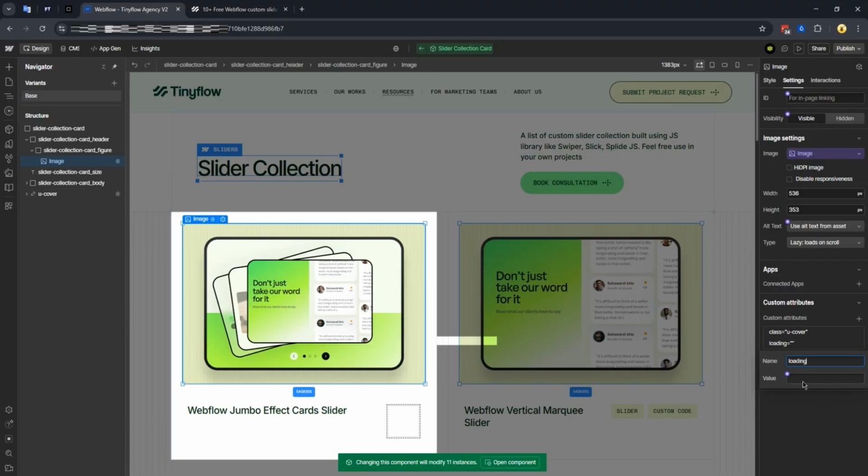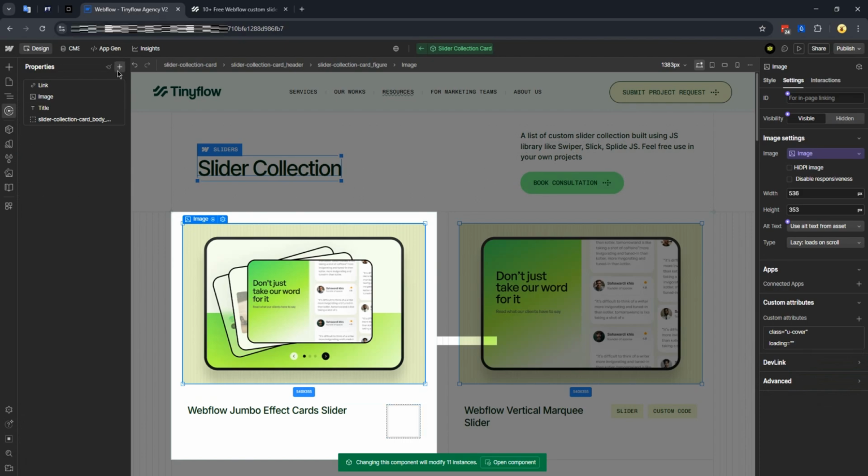Right here in the custom attributes panel, we are going to manually add the exact loading attribute just like that. Then, for the value, we'll drive this entirely with a condition. Yep, I'm leaving the value blank for a second. To set up this condition, let's head over to the property panel right here. Now, I'm going to grab a switch component. Let's name this switch image loading type. And down here, instead of on and off, since we can customize these, let's change them to lazy and eager. See? By default, we'll leave it checked as lazy, just like that. Boom, we've created our property.